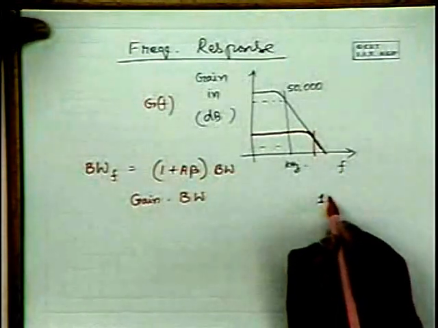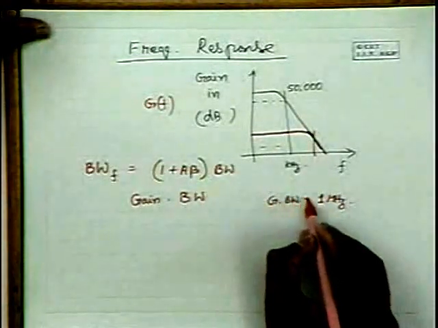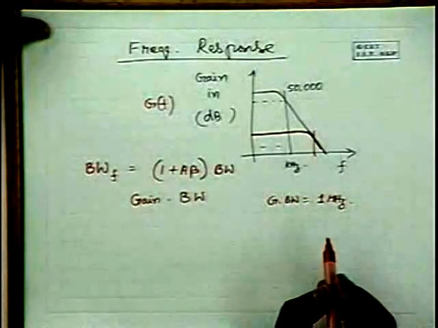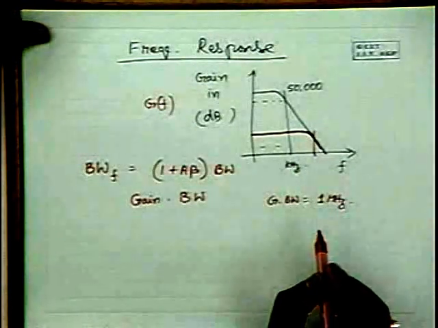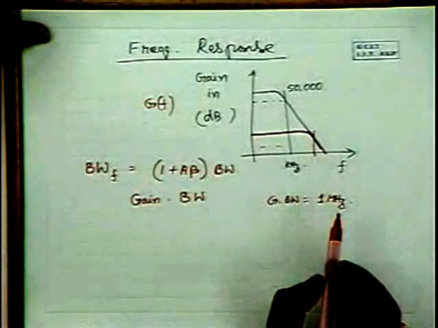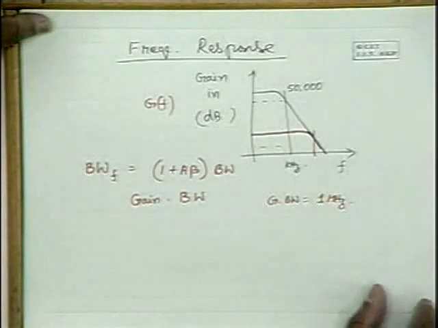If 1 megahertz is the gain bandwidth product, at 1 kilohertz frequency, you can get a gain of 1000. If you are operating the amplifier at a gain of 100, it can have a bandwidth of 10 kilohertz. If you have an input signal with bandwidth equal to 100 kilohertz, and you want to amplify using this amplifier, you can get a gain of only 10. So the gain bandwidth product is fixed in operational amplifiers.